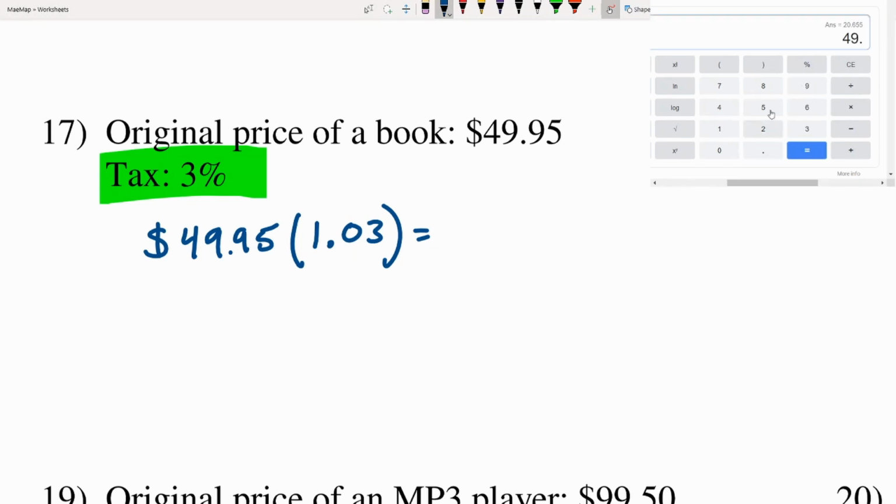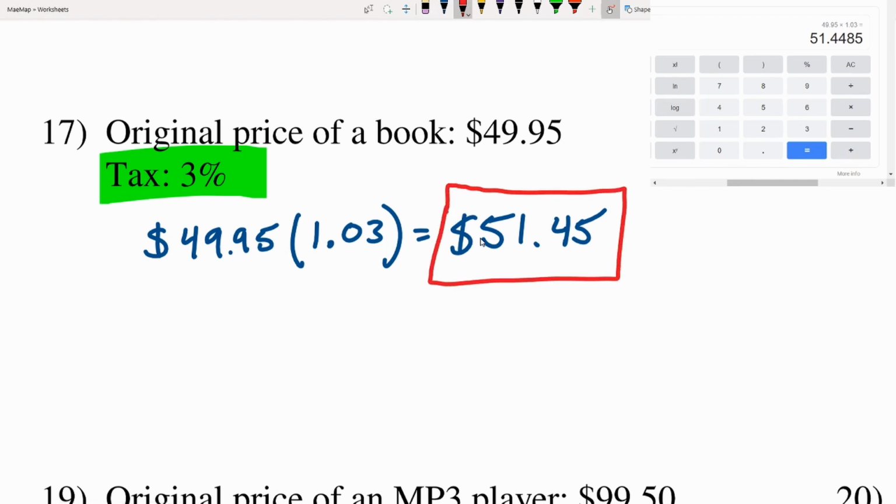So we have $49.95 multiplied by 1.03, which gives us a total price of $51.4485, so 45 cents. So again, that's $51.45. So taxing an item is taking that original item and marking it up by that percent when you go to check out or actually purchase. So we're increasing that total cost. So we take the original price, mark it up by the tax, and that's our total price,